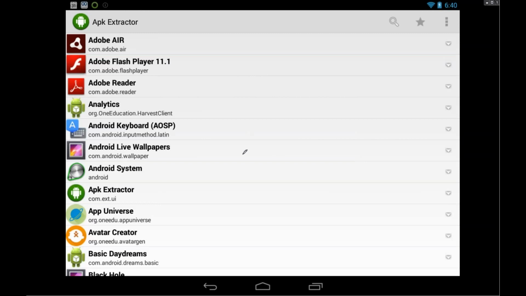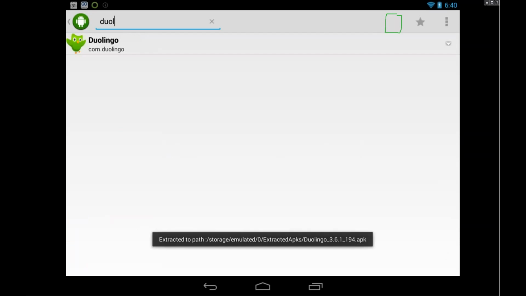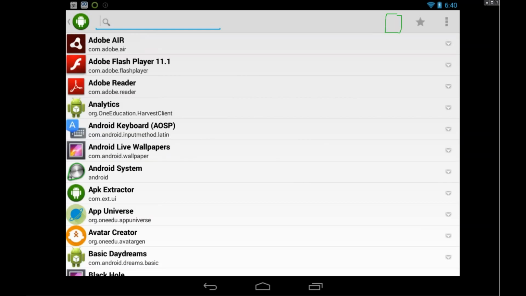Okay? You can even use the search bar here. So in this case, I want to have a look and see if I've got Duolingo. Yes, I do. I'm going to extract Duolingo by just pressing that button, and it's already extracted. Now you can go ahead and do that for all of the apps that you need. Okay, and when you're happy,